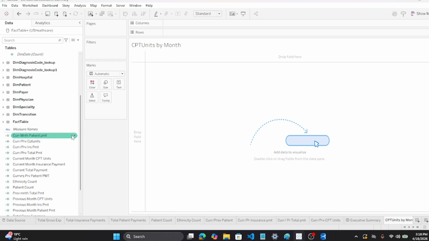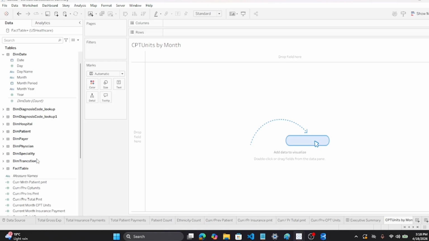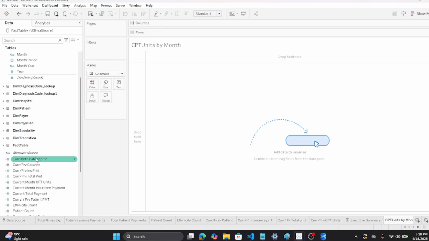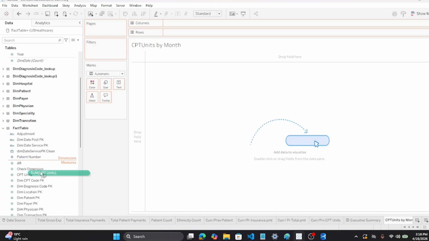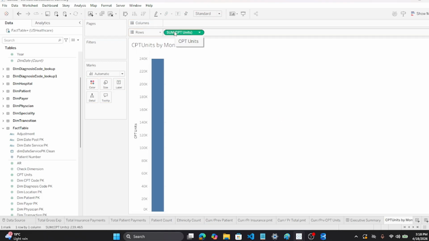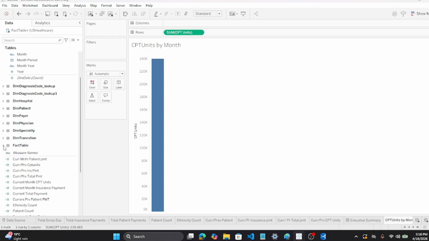And here we will use the fact table, and we'll use CPT units in rows, and in the column we will use, from the date table,